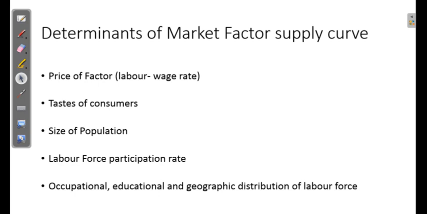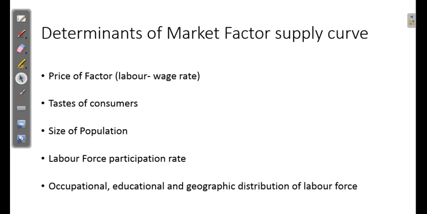Another factor is educational distribution of labor force, and here you divide the labor force on the basis of their levels of education. Say how many are having education up to 5th standard, then up to 10th standard, up to 12th standard, graduation, post graduation, doctoral, postdoctoral. So you can divide the labor force, and doing this distribution basically helps us in knowing how much is the skill factor, how many people are highly skilled, how many are medium skilled and low skilled people. That information can be inferred from educational distribution of labor force.